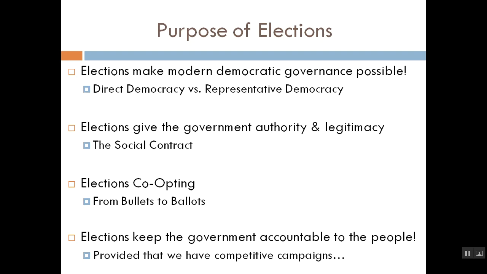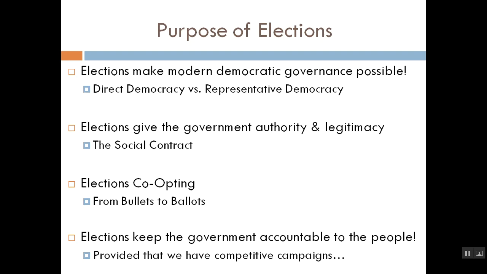Now, I do want to be clear. Governments can derive authority and legitimacy from a variety of distinct sources. Historically, for example, European monarchs derived their so-called authority and the popular recognition of that authority or legitimacy from a so-called divine right to rule. Why did the king of France have the power to control his subjects? Well, because God put him in a position of power, and God would not have placed, say, King Louis there had he not thought that King Louis was the best person for the job. So that's where they derive their legitimacy,